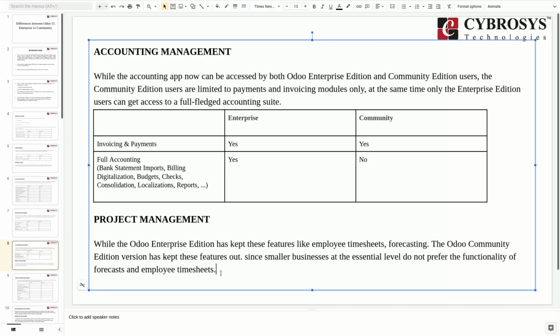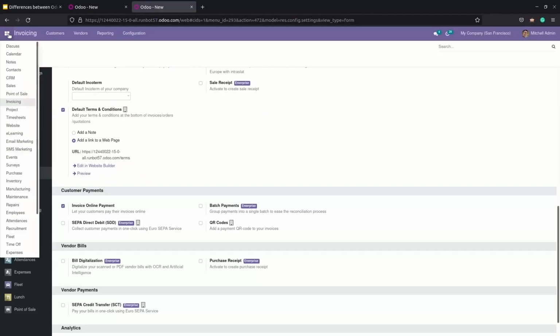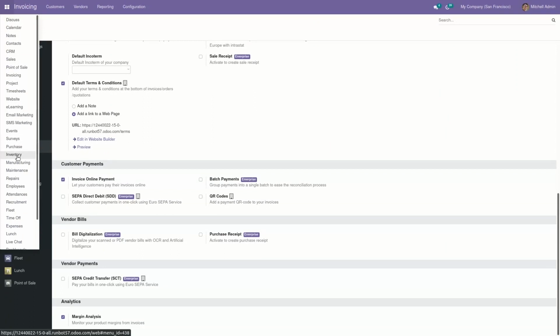So we can say that Odoo Enterprise Edition has kept these features like employee timesheet, forecasting and all, but the Odoo Community Edition has kept these features out. Let me show you that. So if I take the Community Edition of Odoo,